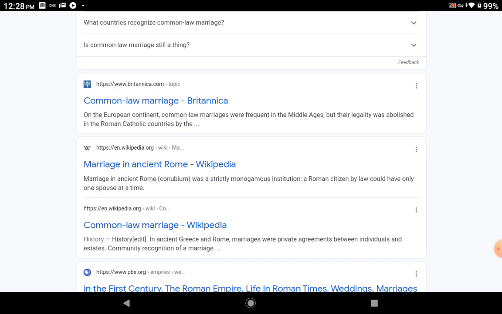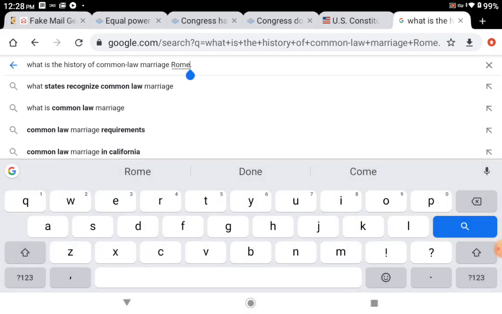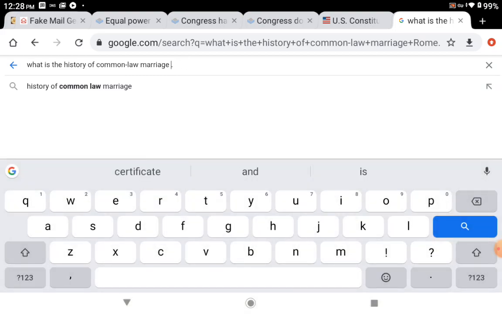That's 200, 300, 400 AD. Ladies and gentlemen. But I thought they said it came from England. We just read where it said it originated in England. No, wait, hold on. We said Rome, right? Hold on. Since it originated in England,